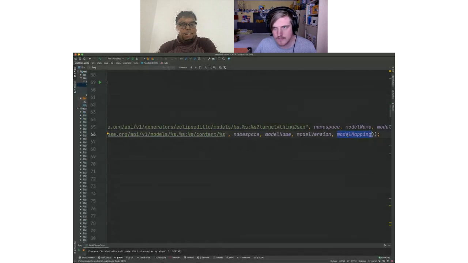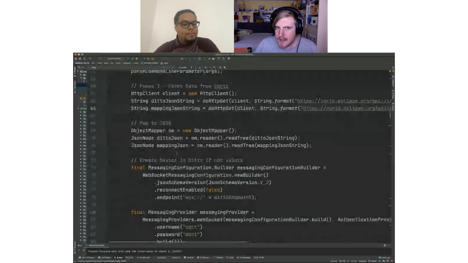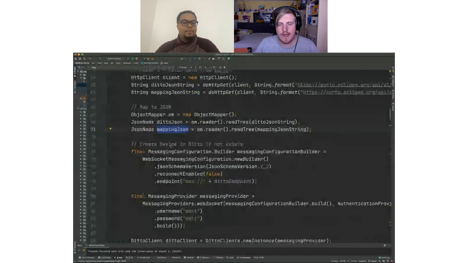Metadata, and if you apply the name of the mapping or the target platform that you specified within the mapping, then you will not only retrieve the content of your actual Vorto model, but you will get the Vorto model with the enriched specific data that you have specified in your model mapping. That's why you add it in as the last parameter to the URL. Okay, so from this endpoint, we get a pretty big JSON representation, mapping JSON, where we then can extract the